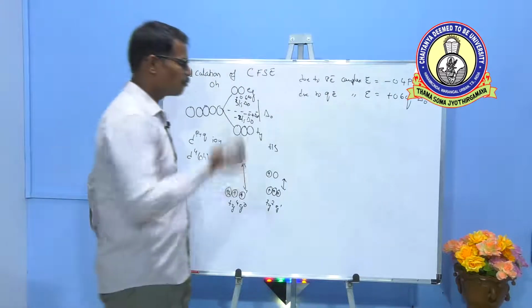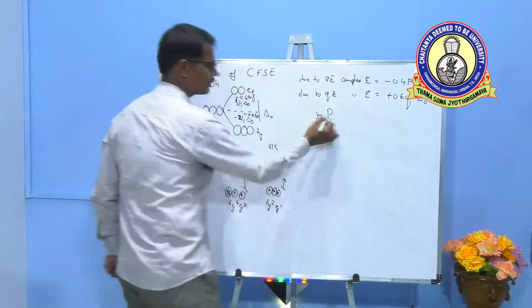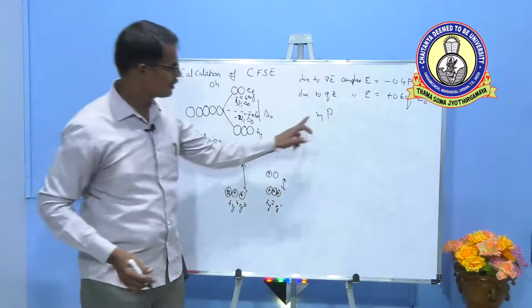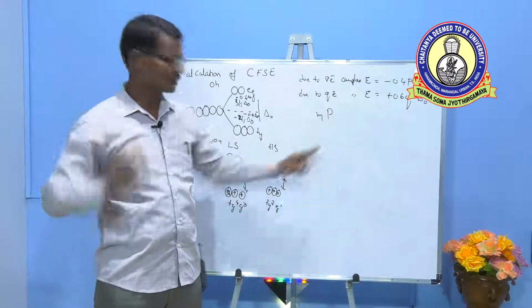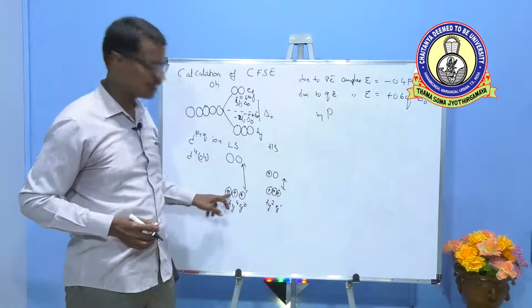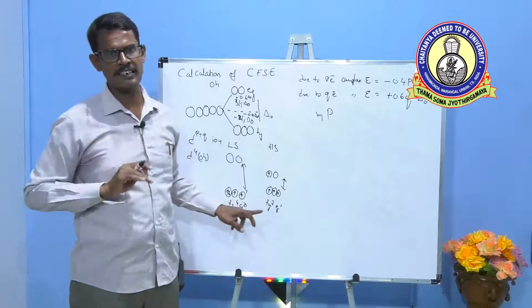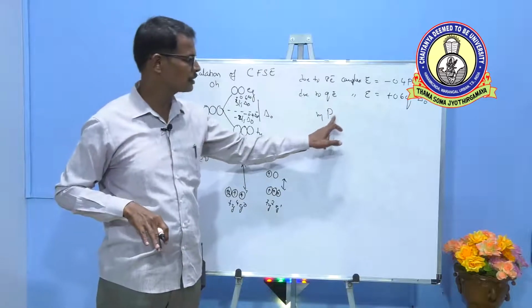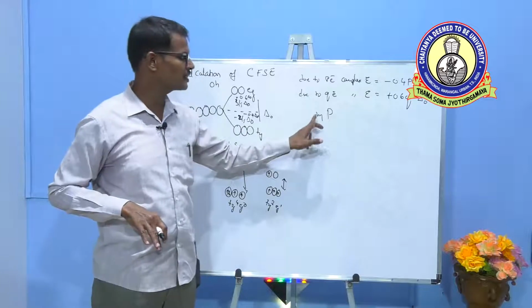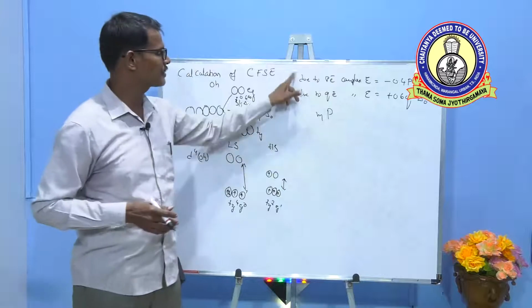Now here one more thing is there: mP, not a member of parliament. m is small, P is capital. m is the number of pairs, P is the pairing energy. Here electrons are paired, here electrons are not paired. To pair up, it requires some energy. That energy is the capital P, known as pairing energy. One pair is there, it is called 1P. So the total complex energy depends on these three.